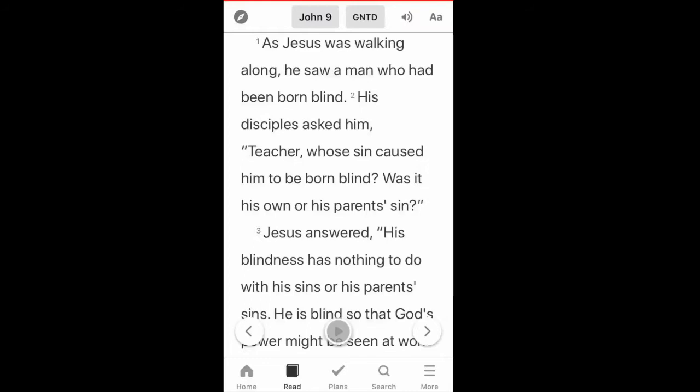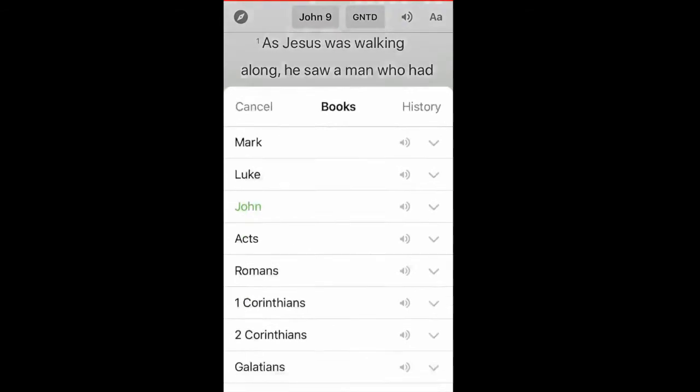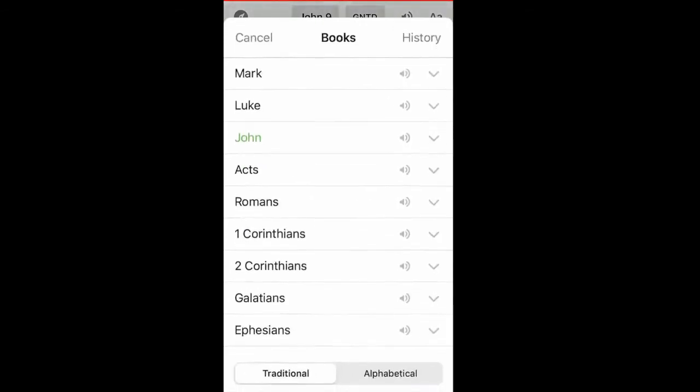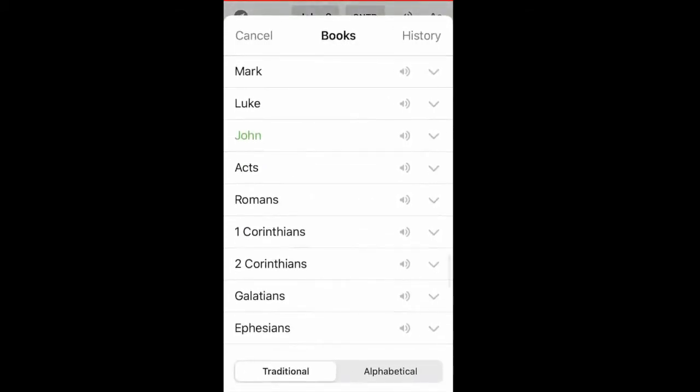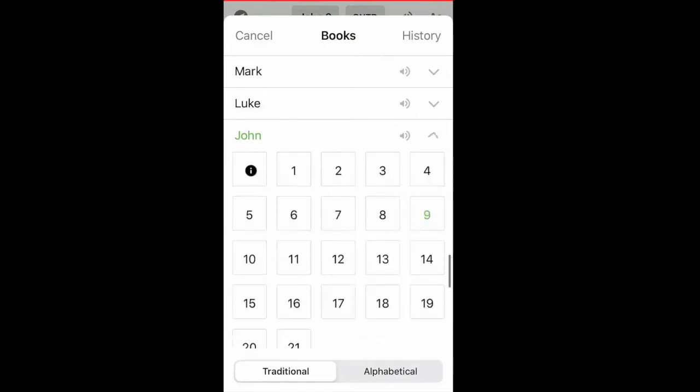Let's say that you want to flip to or maneuver your way through your Bible. At the top where it says John 9, that is where I'm going to click right now, and it will pop up all 66 books of the Bible. Now you can actually do the traditional or alphabetical listing, but I'm going to go ahead and stay in the book of John. But then to the right of John, you can actually see a little drop down icon, and I'm going to go ahead and tap chapter 3 and select that, and we are going to scroll down to